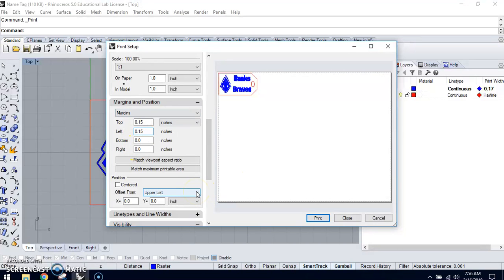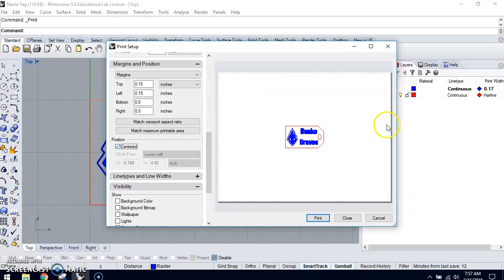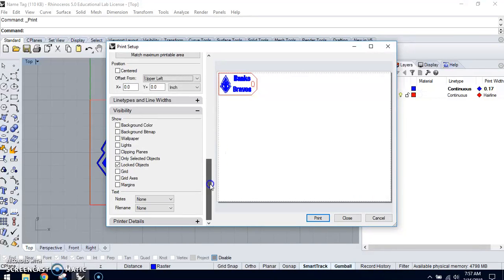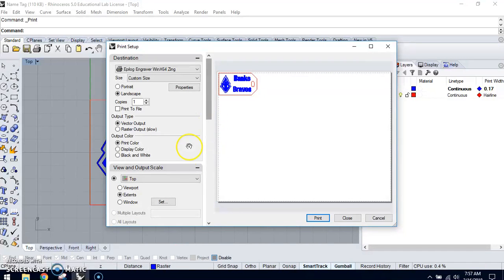If it ends up in a different place, check here under position. If centered is selected, it's going to put it right in the middle. Or sometimes one of these will get selected and it'll be in a weird place, and I'm thinking, why is it not up here at 0, 0? All we have to do is come and check. I normally have it start at the upper left because that's where 0 and 0 are on the ruler. Rest of the stuff down here we shouldn't have to worry about. So once we have that in the right place,